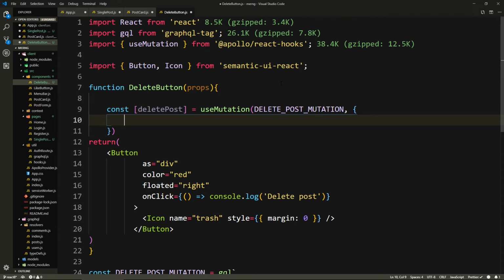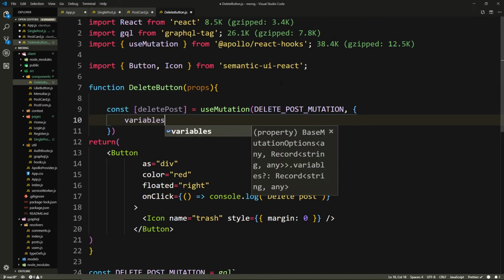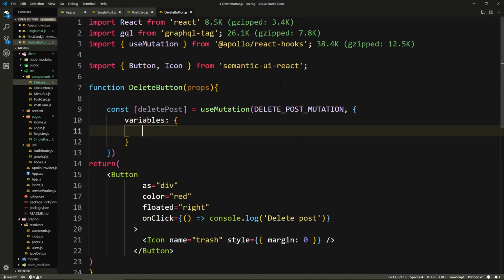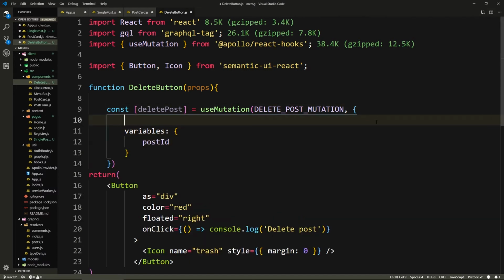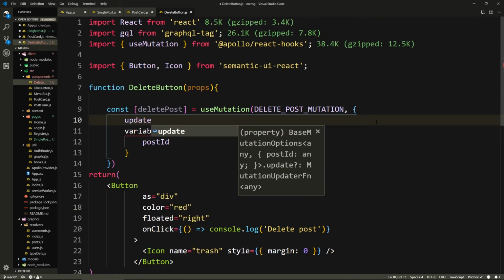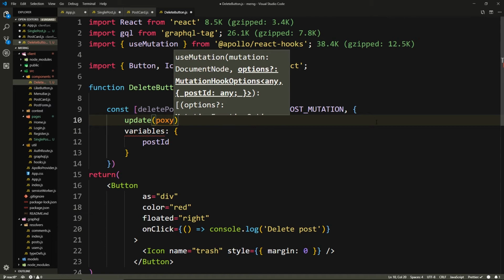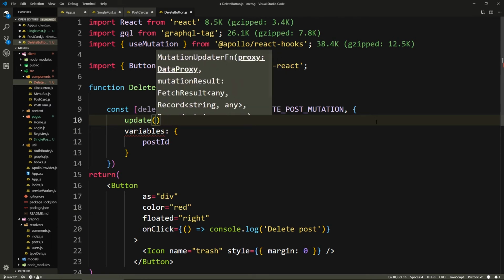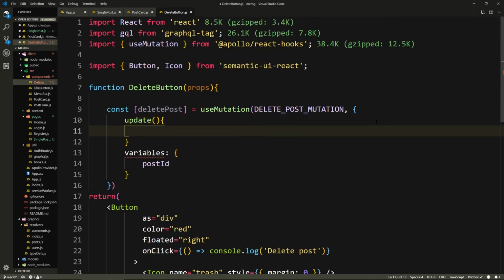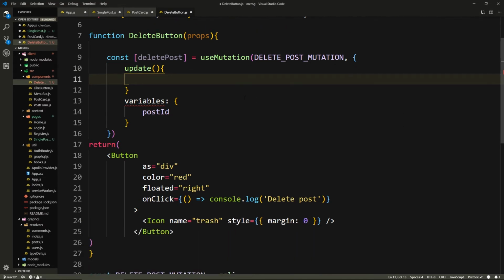So inside of this we'll say variables, and we'll have postId like that, and we'll have an update here. We'll have, we can get a proxy. Well, I don't think we need the proxy actually for now. We'll just say update,